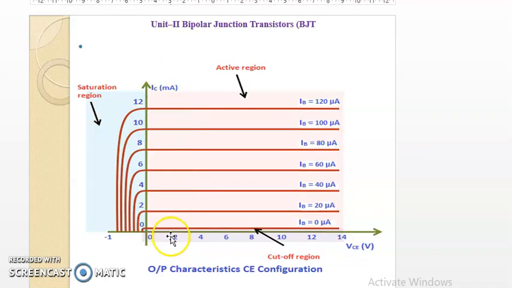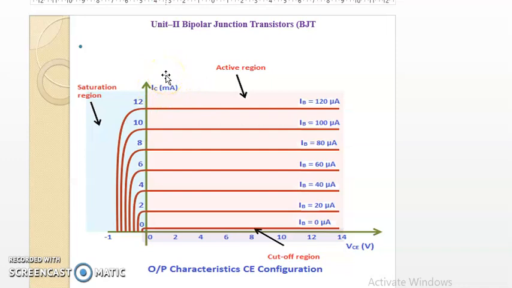Now carefully we have to again see, this is the x-axis. What is taken along the x-axis? Output voltage. As we are studying output characteristics of a transistor, along the x-axis we take output voltage, and along the y-axis output current only. Output characteristics, the name itself says that we have to draw the curve between output terms, that is output voltage and output current. Only thing is that along the y-axis we have taken collector current, and it is taken in milliampere.